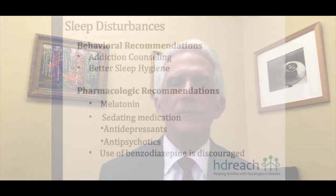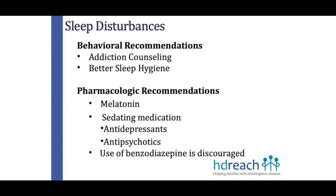So what are the behavioral changes we can recommend? Well, certainly if there are issues with alcohol, with nicotine, with caffeine or other drugs, addiction counseling and support for those problems can be of enormous value. And this may be an appropriate time to raise those issues. Additionally, addressing all the problems with sleep hygiene would be very much appropriate. All of those should be addressed before we start looking into the use of medications as a way of addressing